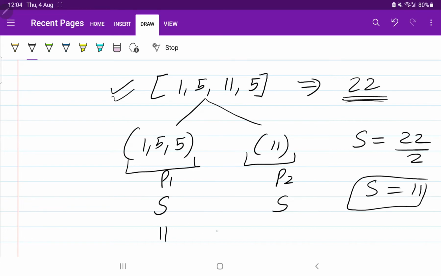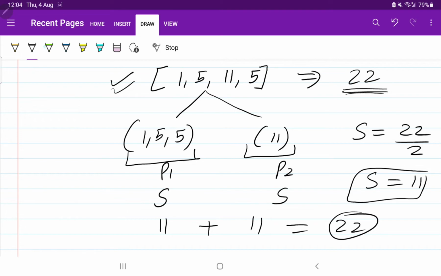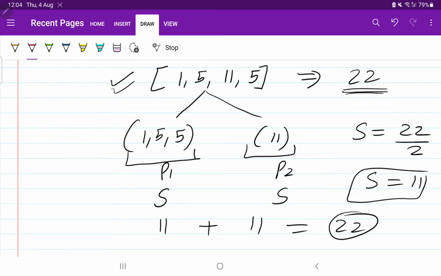Then only can we say that 11 plus 11 will be 22. It means the question statement has changed: we have to search for a subset whose sum is S, and S is 22 by 2, that is 11.